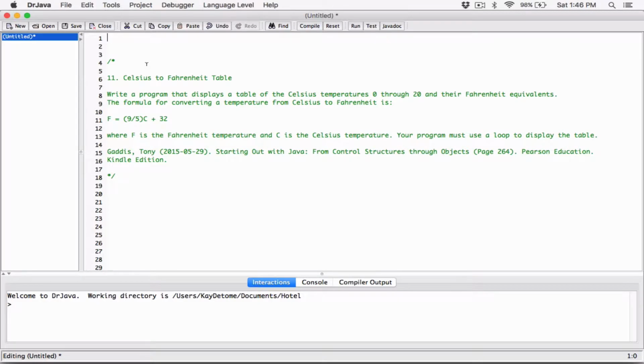Hello everyone. The next program in chapter 4 is the Celsius to Fahrenheit table. Write a program that displays a table of Celsius temperatures 0 through 20 and their Fahrenheit equivalents. The formula for converting the temperature from Celsius to Fahrenheit is this, where F is the Fahrenheit temperature and C is the Celsius temperature. Your program must use a loop to display